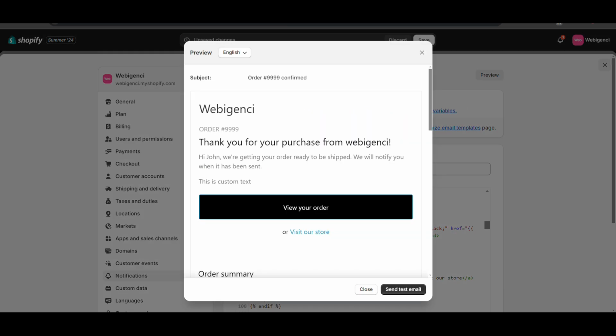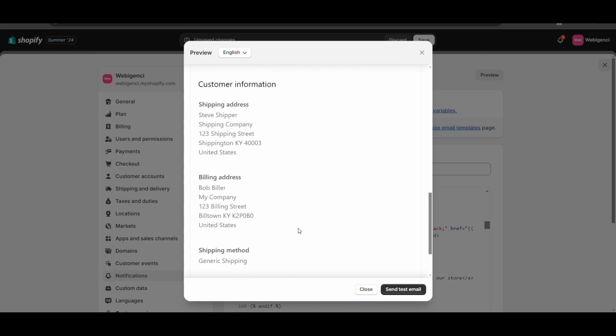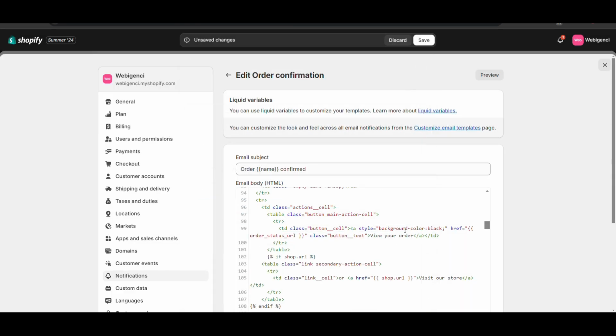Here you can see I can change the background color. You can change style as per your requirement. I have added the background color.